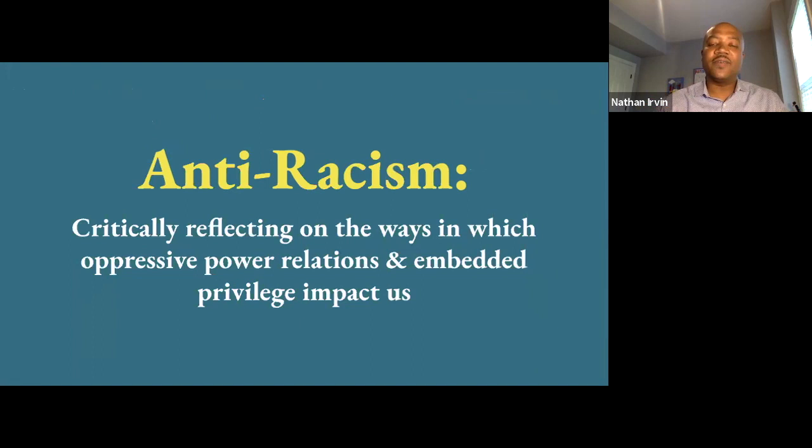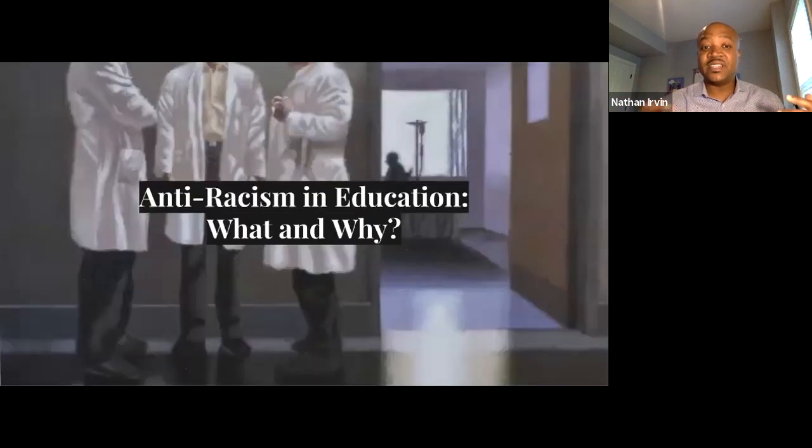And that brings us to this concept of anti-racism. This is a term that in our contemporary world has become increasingly politicized or misinterpreted. It's not a new term, nor is it a new concept. For the purpose of this talk, anti-racism represents engaging in critical reflection and subsequent action on the ways in which the oppressive power relations intrinsically tied to race and embedded privileges that result from those power structures impact us and those around us. And anti-racism is an active approach to dismantling the roots of the problems which exist in power and policies that uphold structural racisms and result from conscious decisions to make frequent, consistent, equitable choices daily.